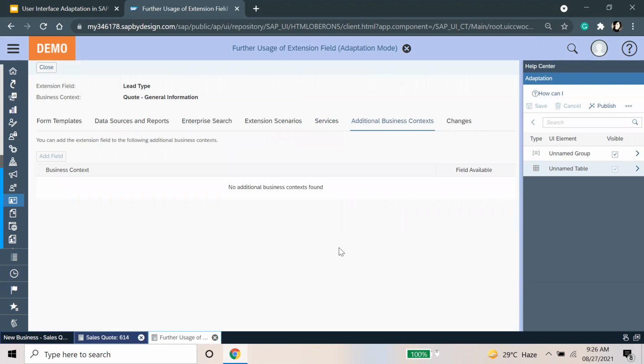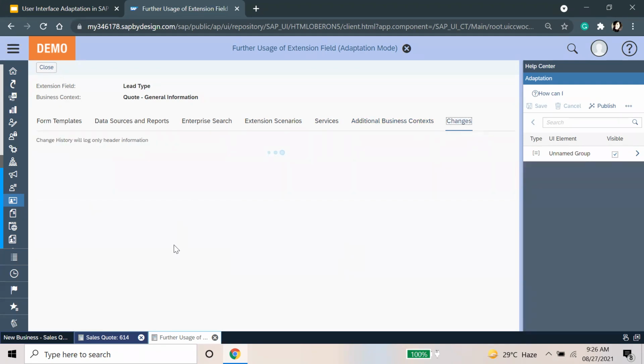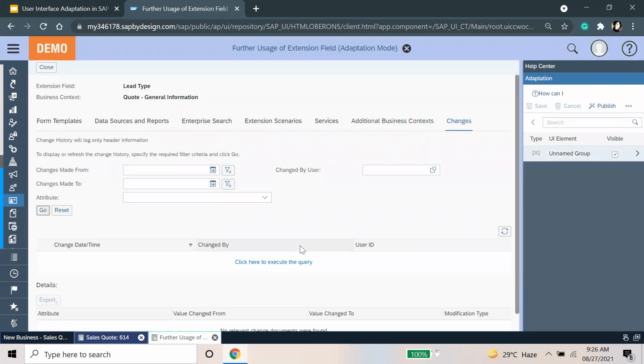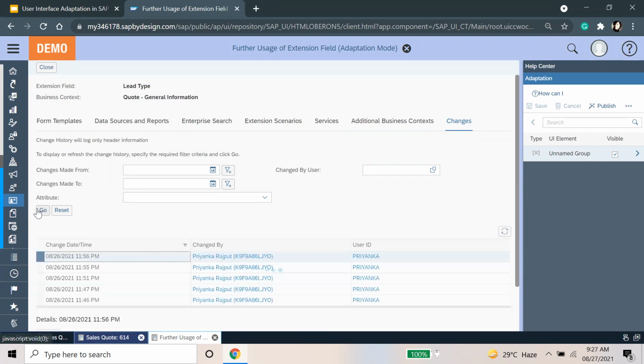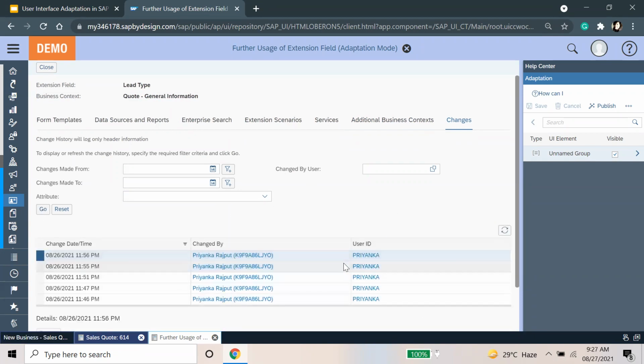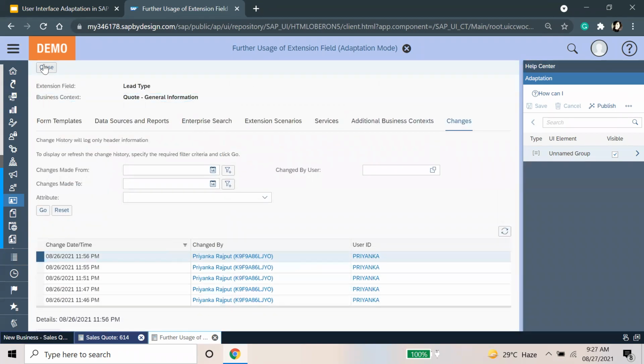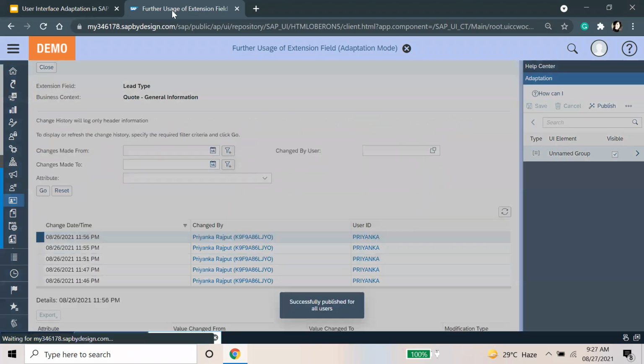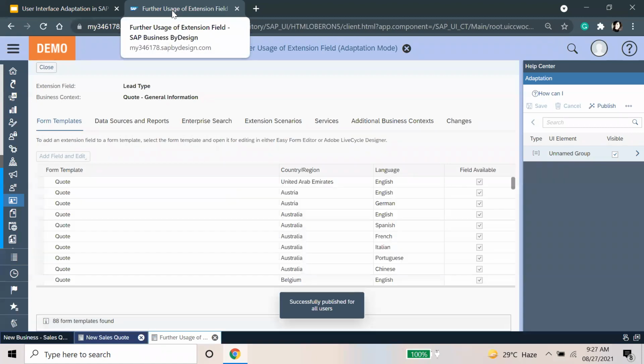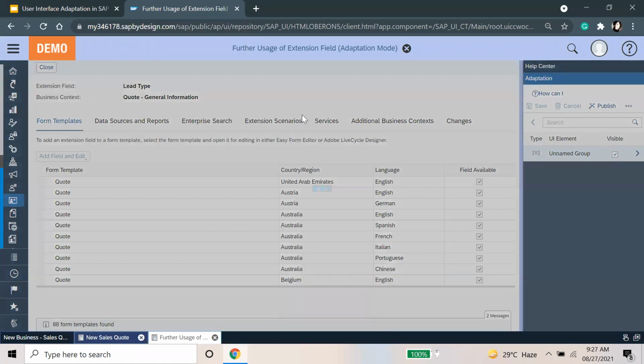So not everything is available for a particular field type, so we can check one by one which is there. Then there will be the change history if we want to see all the changes that have been made. It will show us here. Alright, this is how we do this, and then I'll publish this to show you an example of how it shows in the report or in the sales order, how it has been extended there.